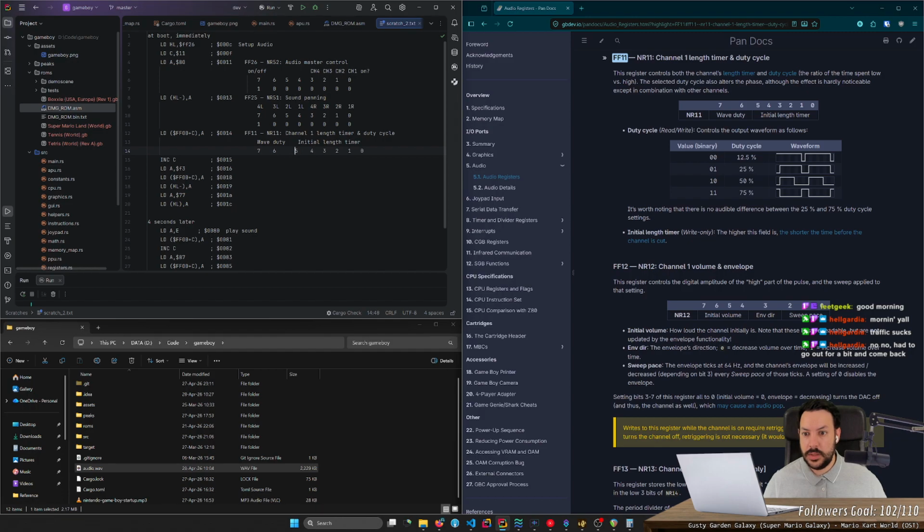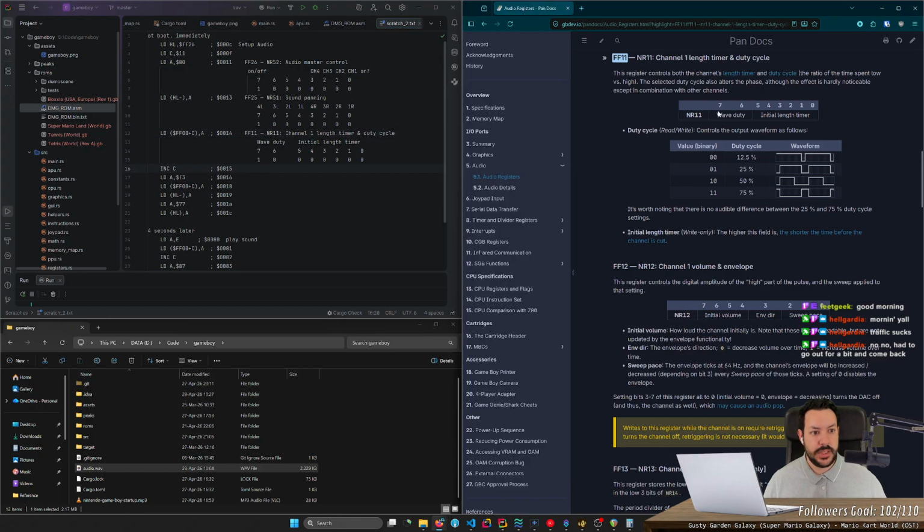Can I do this? Sure. Something like this. I'm still writing 0x80 there, which is just the leftmost bit.